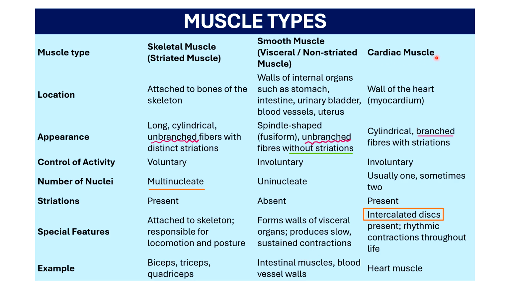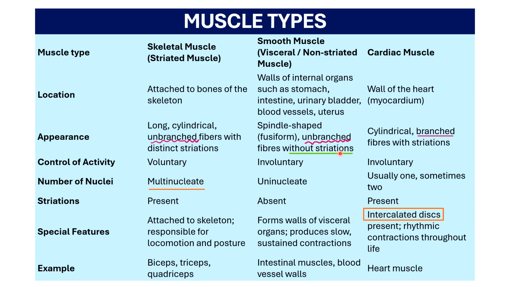Cardiac muscles are found in the walls of the heart, or the myocardium. Coming to appearance, skeletal muscles are long and cylindrical in shape. Smooth muscles are spindle shaped. And cardiac muscles are also cylindrical. Both skeletal muscles and cardiac muscles show distinct striations. But skeletal muscle is unbranched, whereas cardiac muscle is branched along with the striations. Smooth muscles are spindle shaped and unbranched in nature